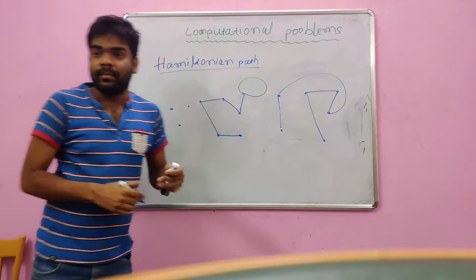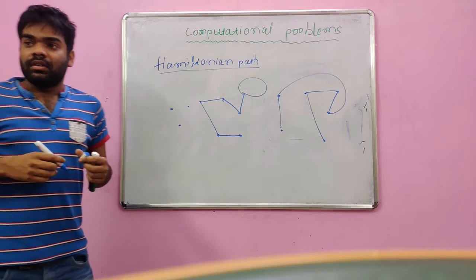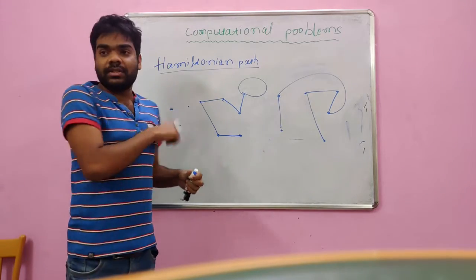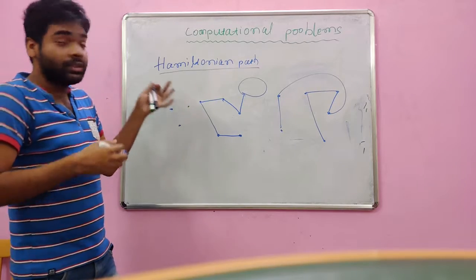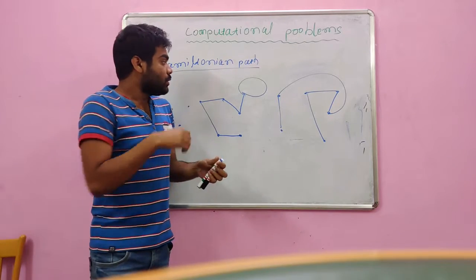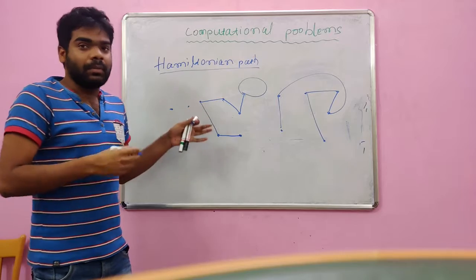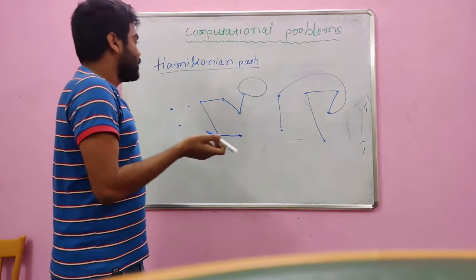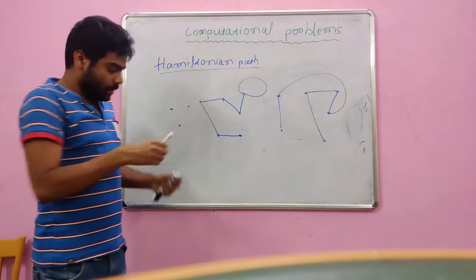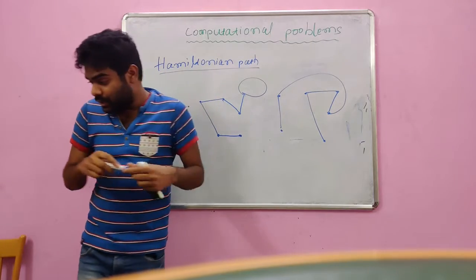Okay, and that particular sequence will be based on a particular requirement. Yes. Then I will explain in the next lecture the algorithm for this, how you will verify this with the specific algorithm. To verify any type of computational problem, you need some algorithm. The algorithm I will explain in the next lecture on day one. So this is the Hamiltonian path. In the next example, I will talk about